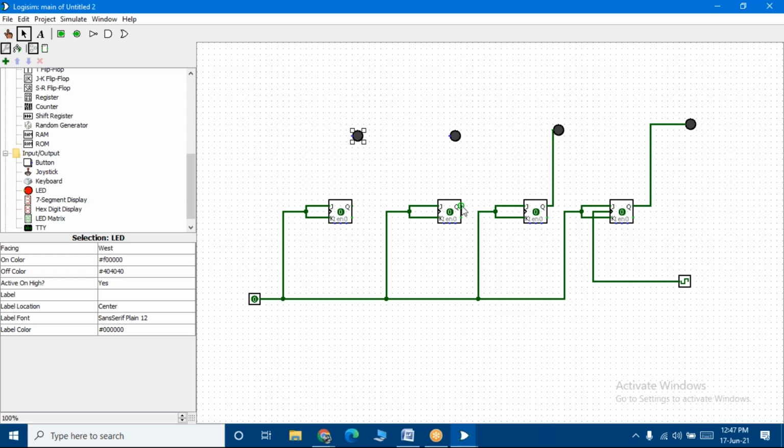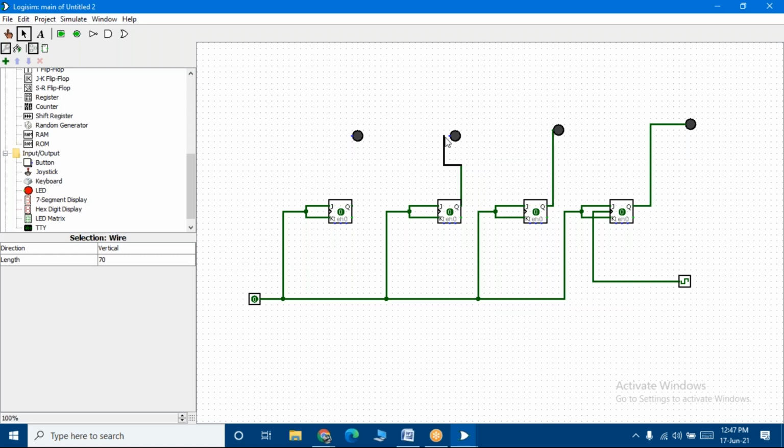Students, just observe carefully whether I'm making any mistake, so that we ensure that we get the output. All our LEDs are connected, students. And let me connect it to the previous input.